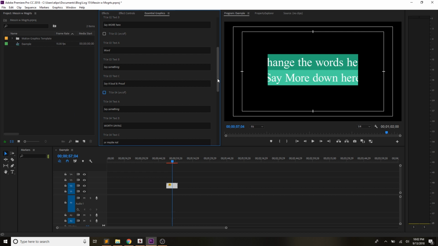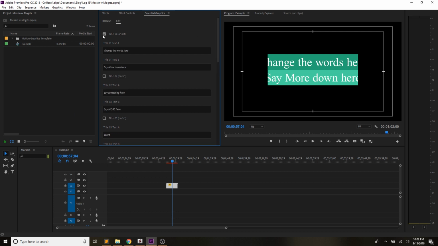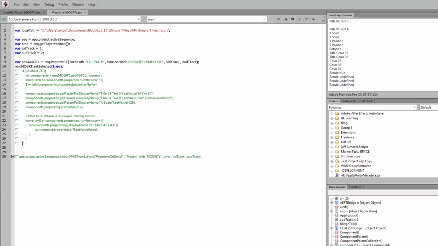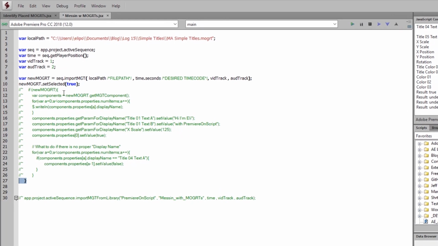title 04 checked. But what if I want to bring it in? I want title 01 to be my option, and I want to customize the text for right here and right here. So the way we would do that is we're going to have to access the component of this MOGRT file. And so we'll start diving into that by uncommenting these brackets